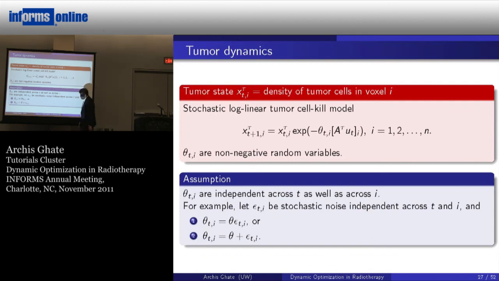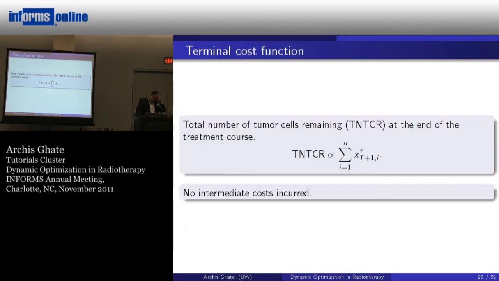If you are thinking about something like this theta, where T comma I is treatment session T, tumor voxel I, is some constant times some stochastic noise, right? That's one way of doing it, or some constant plus some stochastic noise. And in stochastic control, it's common to assume that those kinds of noise terms are independent. So that's the setting under which this assumption will be okay, or at least typical or standard from a stochastic control viewpoint. And then the last piece I need to tell you is treatment